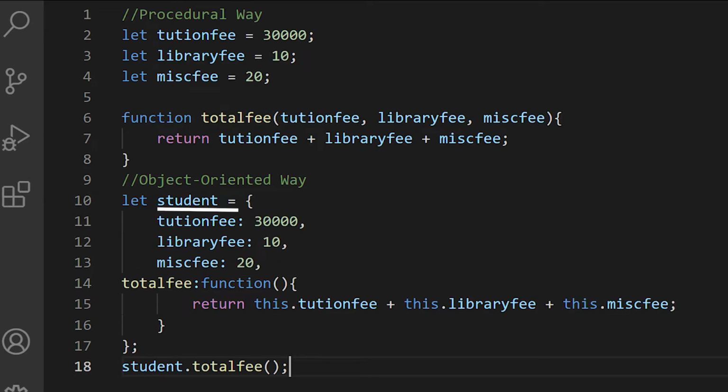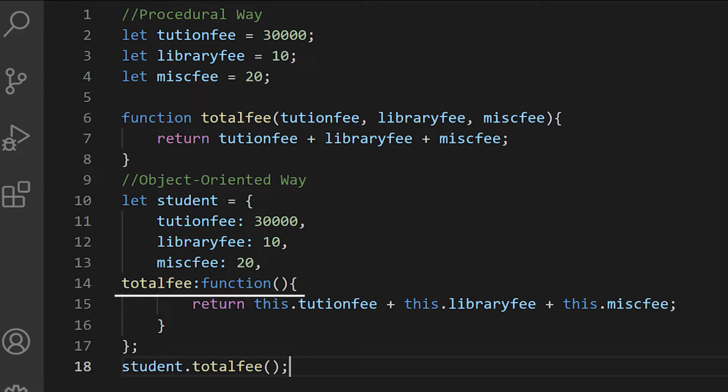Here we have a student object with three properties: tuition fee, library fee, and miscellaneous fee, and a method called total fee. Now you will be thinking, how is this better than procedural? So look at the total fee function. Here you can see it has no parameters.